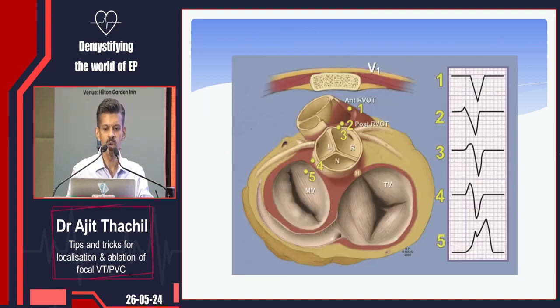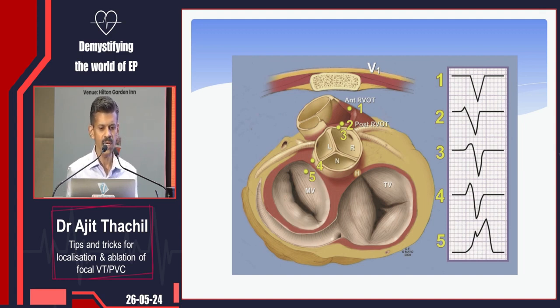Now, what do we look for? Look only at 2 features in the ECG. Don't look at too many things. The more anterior you are, the more negative V1. That's fairly straightforward because V1 is anterior. So the anterior most RVOT are likely to have the most negative V1. You get the posterior part of the RVOT, the septal part of the RVOT, V1 is going to have a small